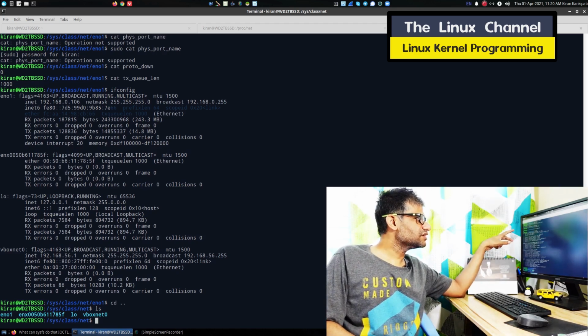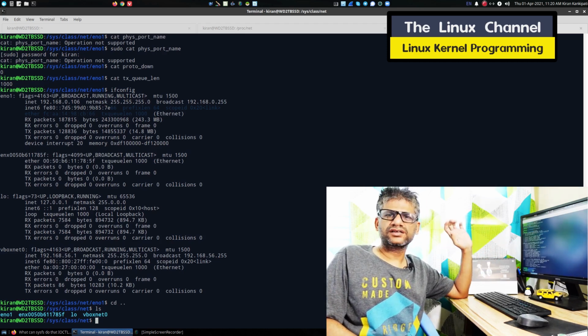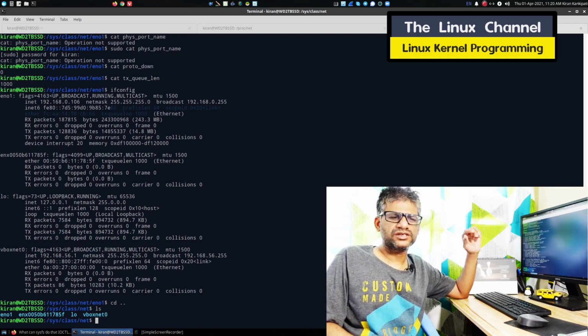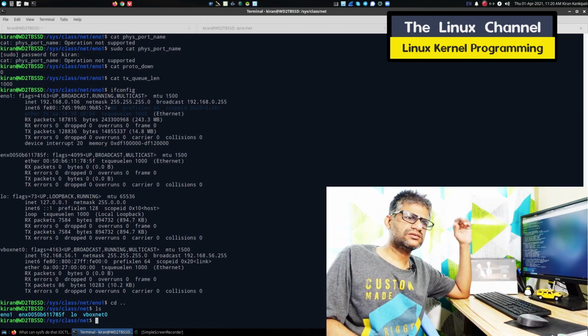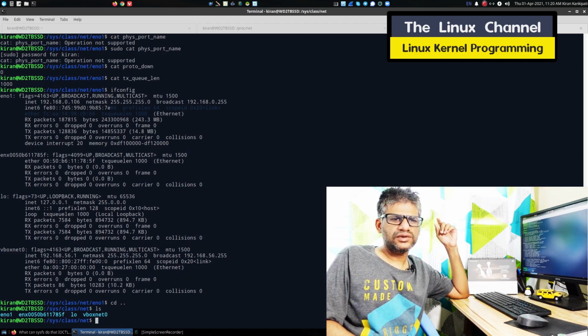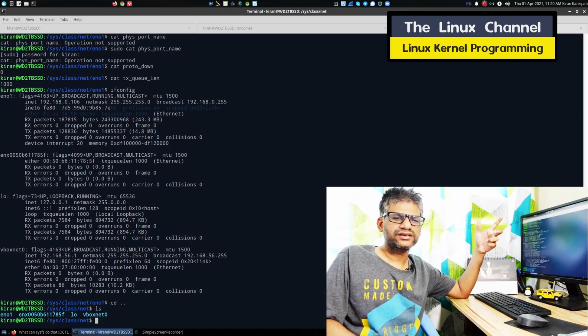But the advantage you get in proc is you can parse that and you can feed that input to any language of your choice. You can almost take it all the way inside a database, like I do most of the times. I use SQLite 3 or MySQL extensively, or things like that. So you can get these parameters and export them to a cloud and things like that, and you can do various things.